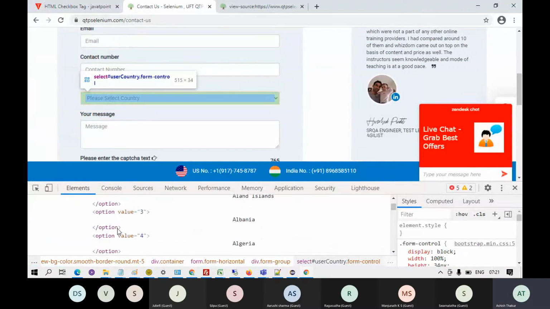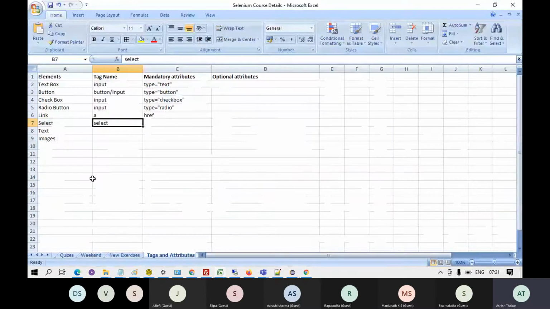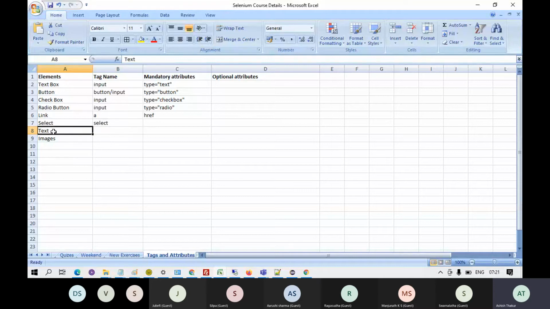And then we have the text. The normal text on the web page has no specific tag. Sometimes it is in the para tag known as p, sometimes div, sometimes span. There are no specific tags for the text.